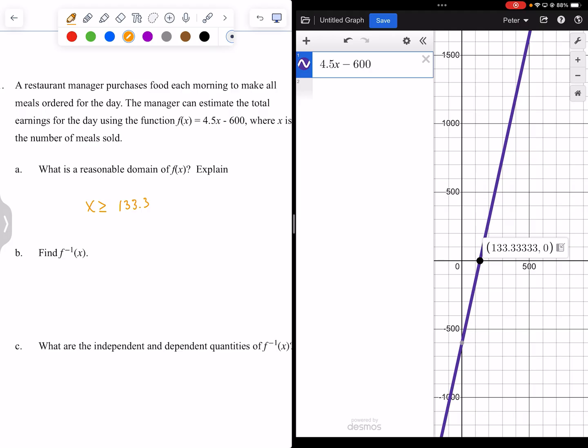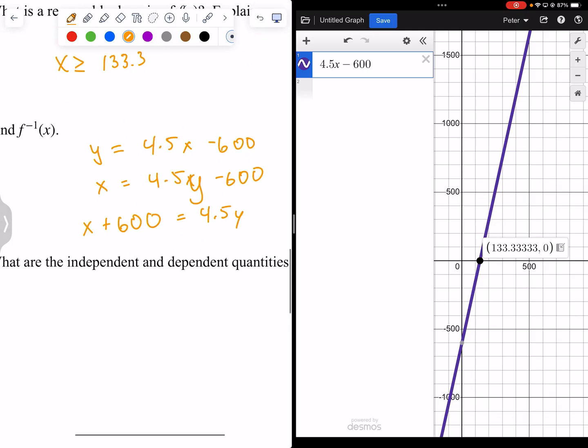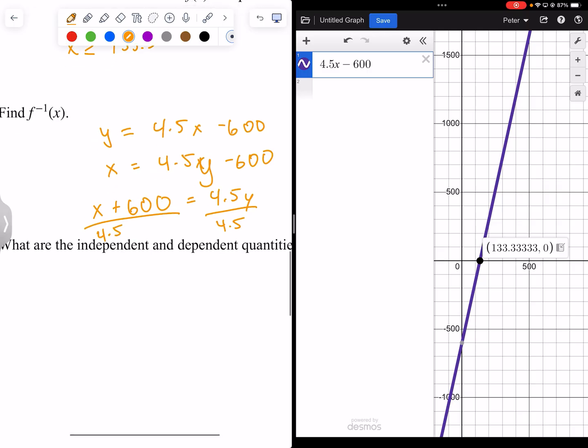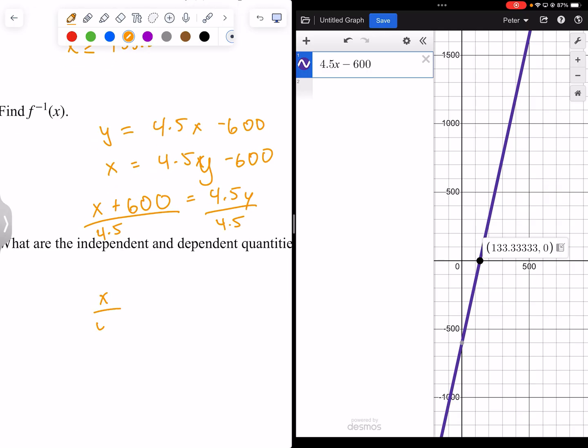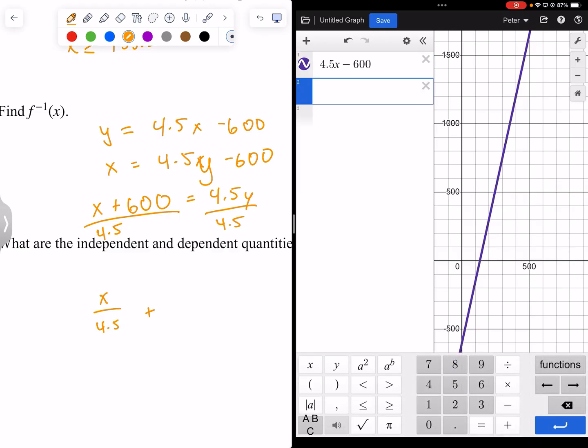All right. Y equals 4.5x minus 600. Now flip the variables. X equals 4.5y minus 600. X plus 600 equals 4.5y. So x over 4.5 plus